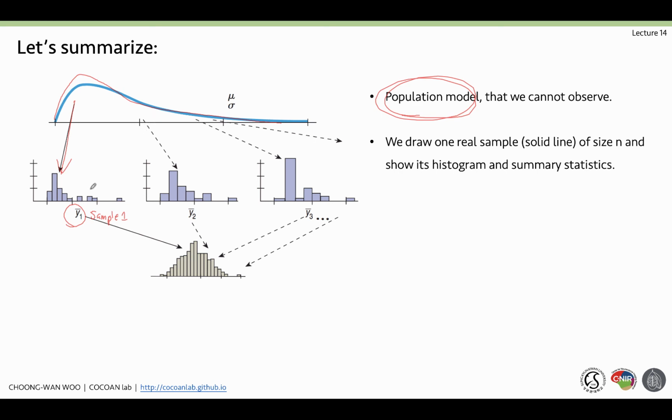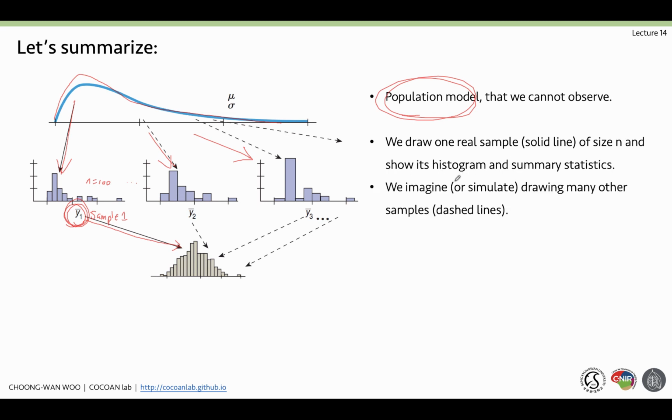For example, let's say we have data from 100 subjects, and we got the histogram and summary statistic. So this is one value, just one data point. But let's say we assume that we repeat this process again and again. The dashed lines are imaginary samples from the same population model, and they will give us y bar 2, y bar 3, and after we get multiple values of this sample mean, we can get this